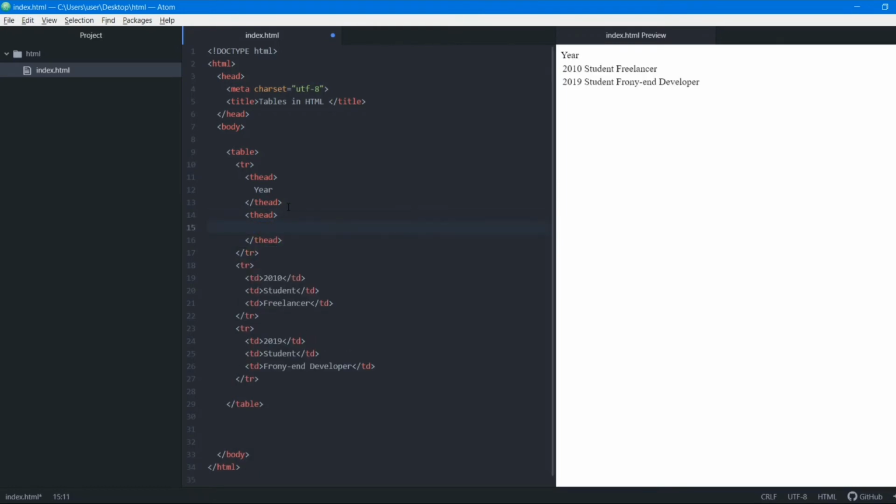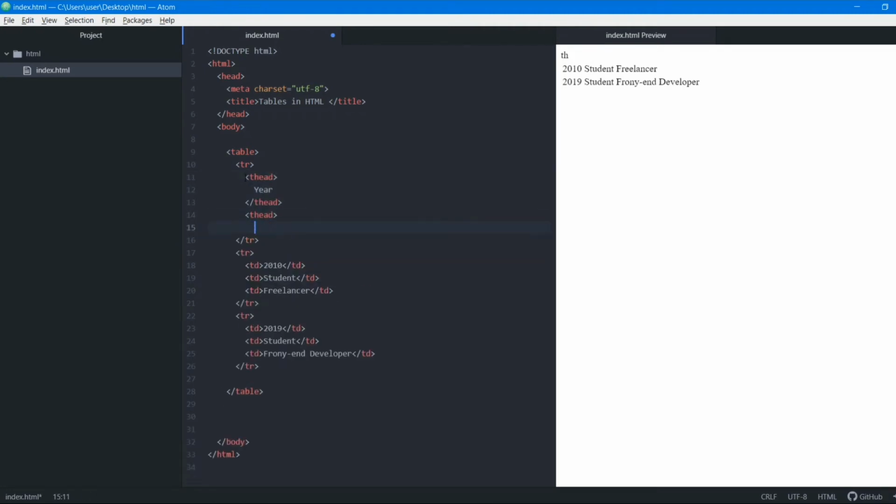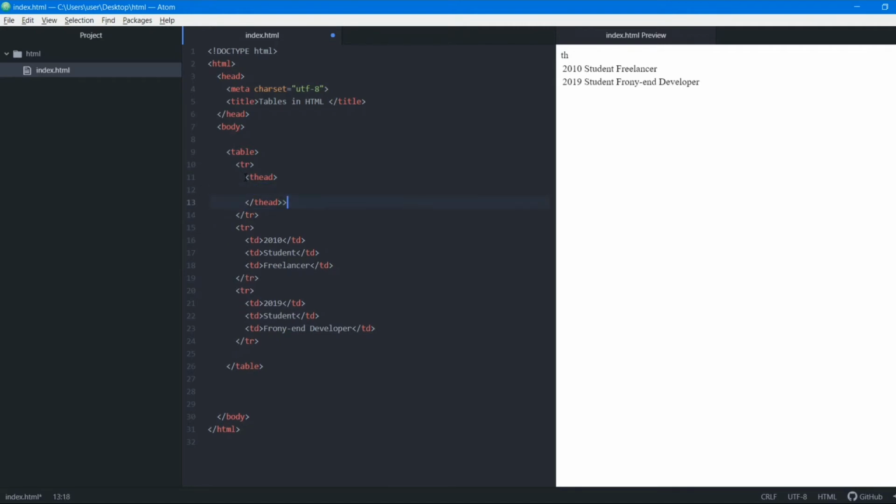Inside this we'll write work. You can see that work has appeared. So it does the same thing that the th tag used to do, but it has just been introduced in HTML5. So that's why it's important to learn this also. Yes, this was what we did.